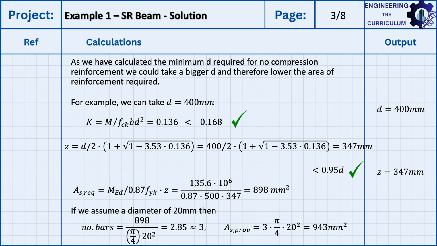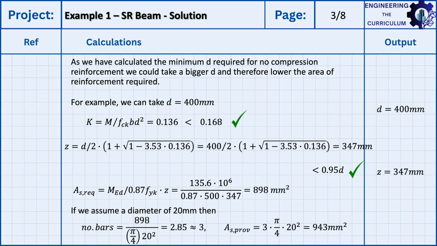And if we assume, for example, a diameter of 20 millimeter bars, then we can see that the number of bars is the total area of reinforcement required, 898, divided by the area of 1 bar of 20. We get 2.85. Obviously, we must never take less reinforcement than we need to. We will always round up. So here we will round up to 3 bars, and then we can calculate the actual steel reinforcement that we provide, which is 3 times the area of 1 bar of 20, and we end up with a provided area